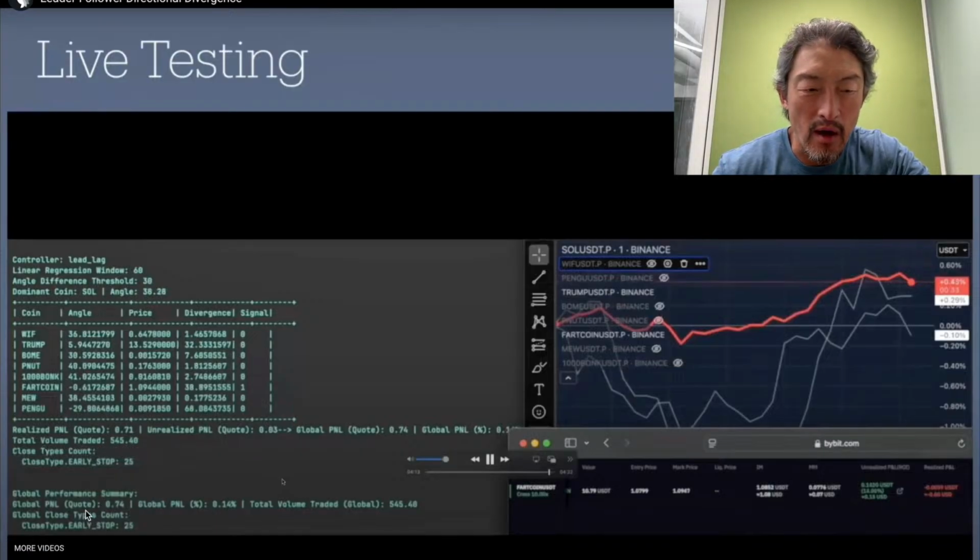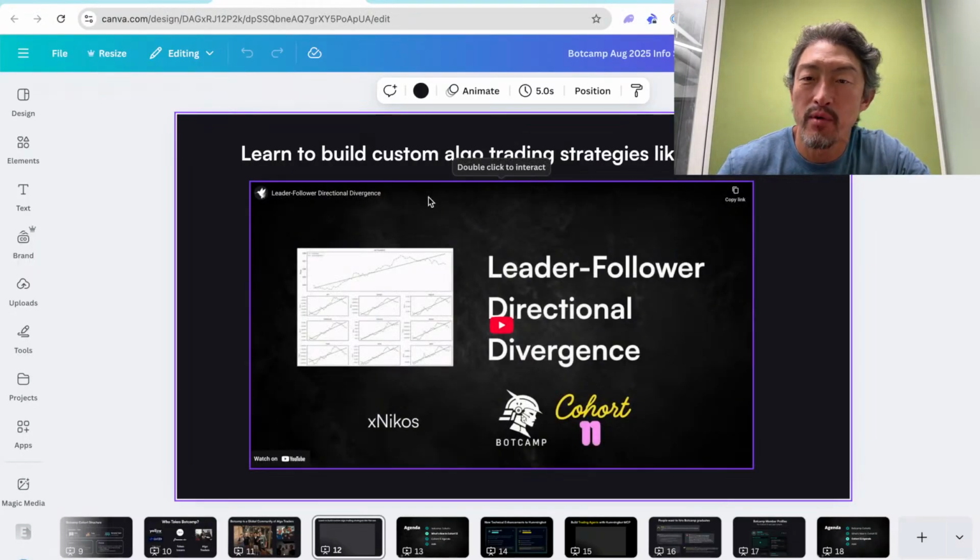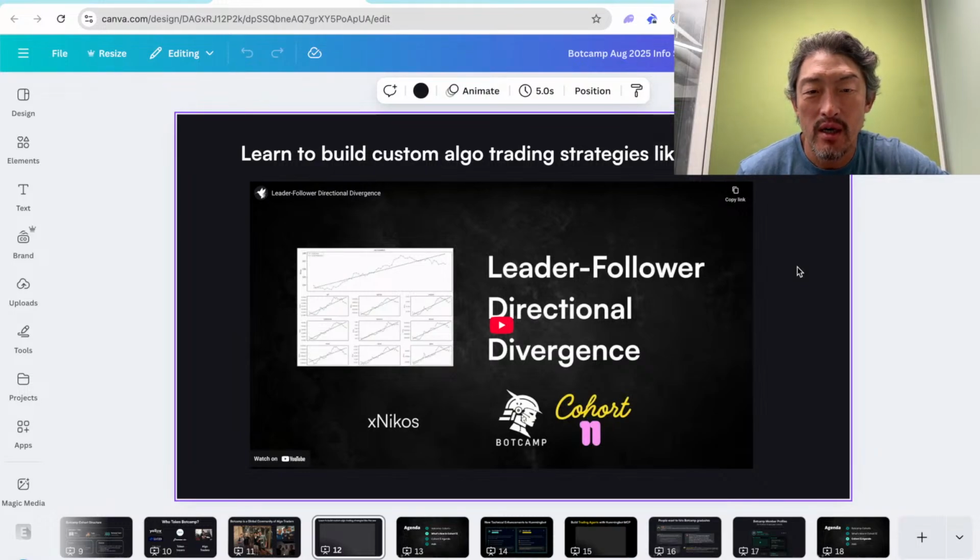Well, I hope that was helpful in giving everyone an explanation of what you'll learn in Botcamp. Both Faye and I were really impressed with this strategy because this was a highly custom strategy where Nikos did the research beforehand, built these beautiful notebooks to visualize the trend shifts, and then also heavily customized the controller to create a dynamic take profit section. This is actually where I think Fede helped him a lot with the algorithmic changes.